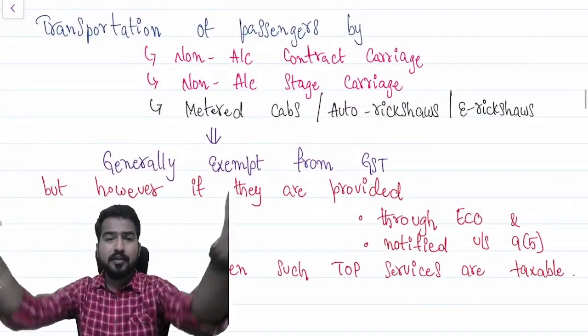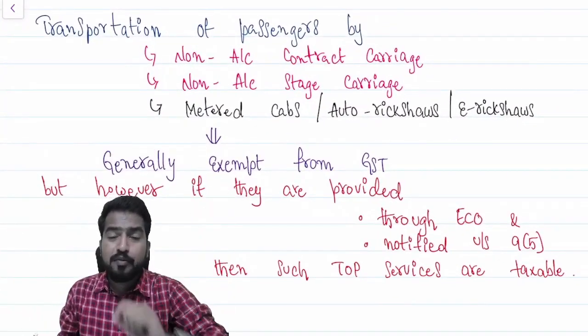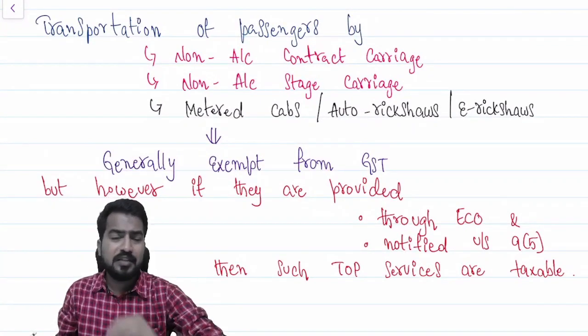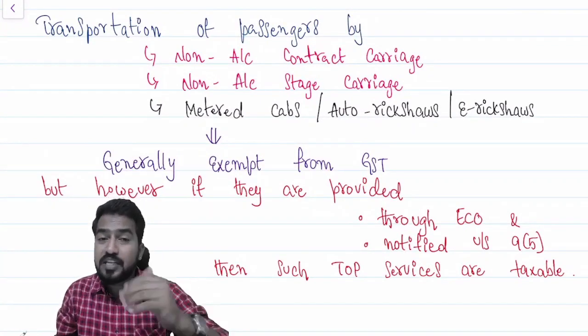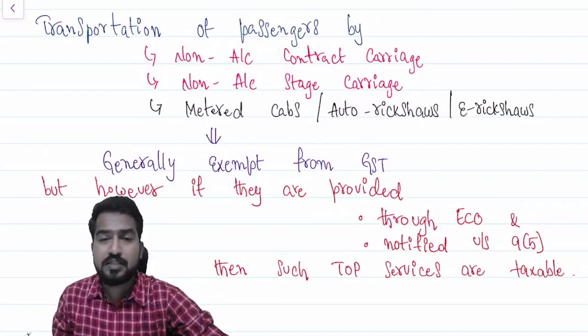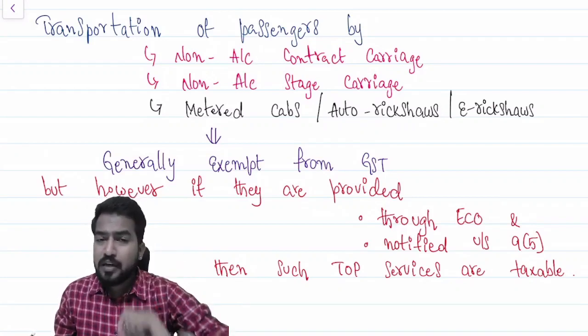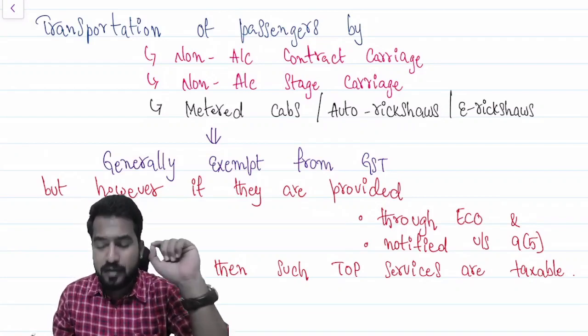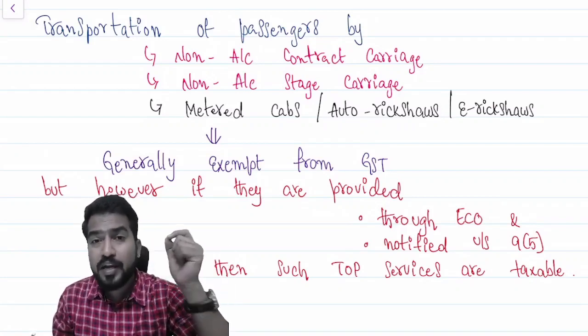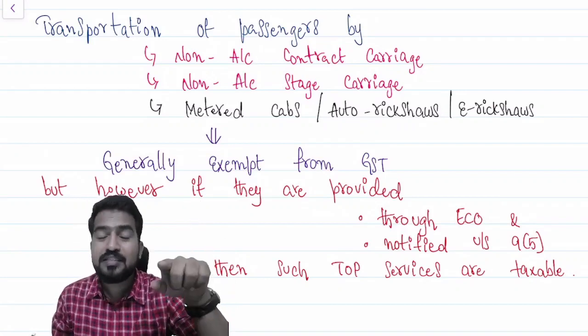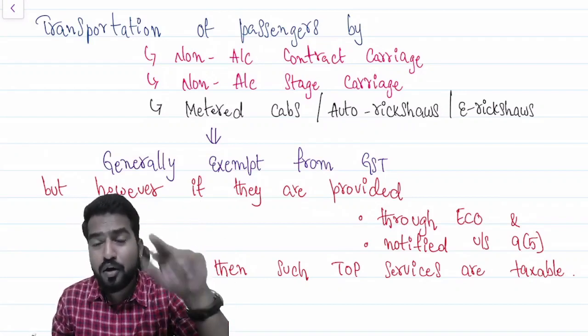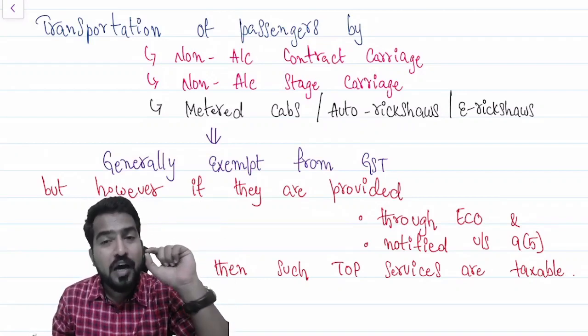If you remember, entry number 15 and entry number 17 talk about exemption given for transportation of passenger services. In those entries, there are 2 points. Transportation of passengers, if provided by non-AC contract carriage or non-AC stage carriage, is exempt from